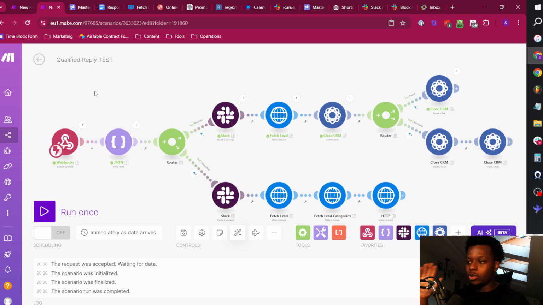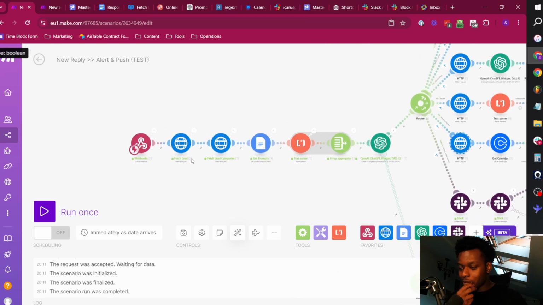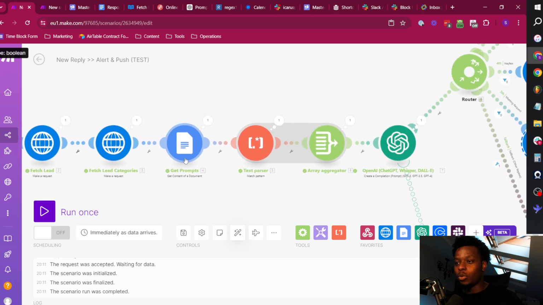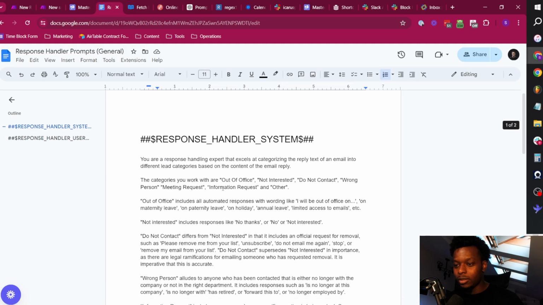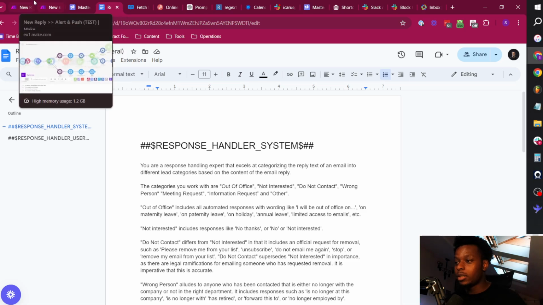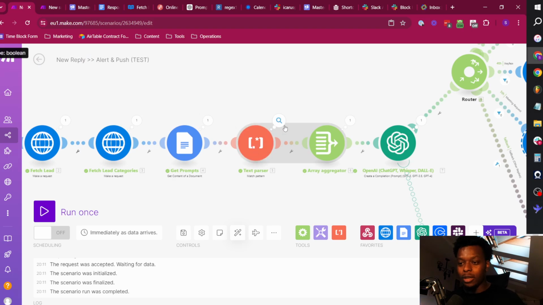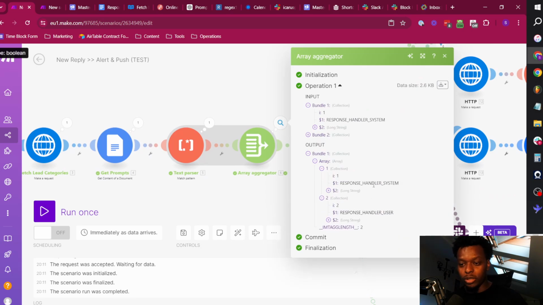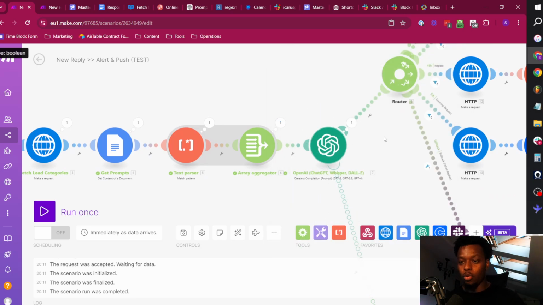But just to summarize the entire process, we have the webhooks, which are coming from Smart Lead. Whenever any single individual responds to the campaign, we fetch the lead, we get the categories out, we then get our massive list of prompts, which gives us a system and a user prompt, which can be actively manipulated over the phone if I'm not around, if I find a poorly categorized response. We then go into the text parser. We get the array, which is giving us the response handler system and response handler user prompts. We then push it through